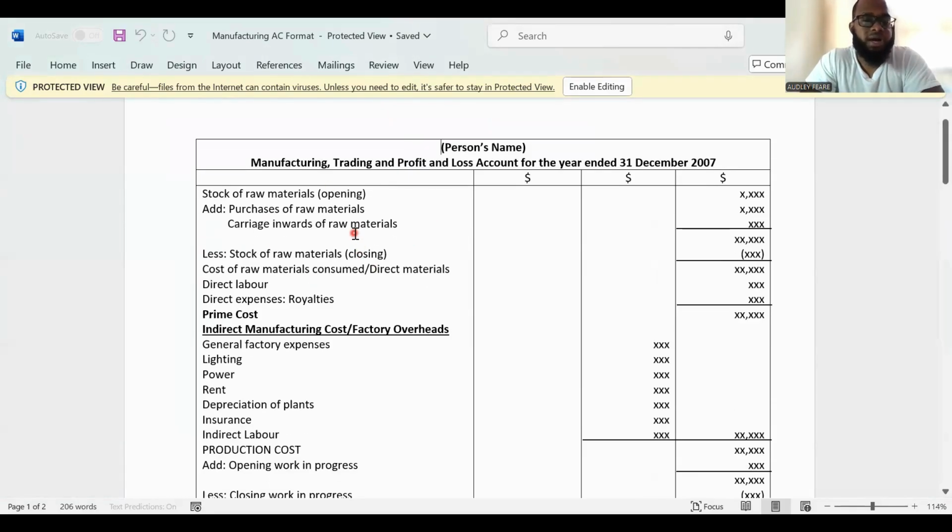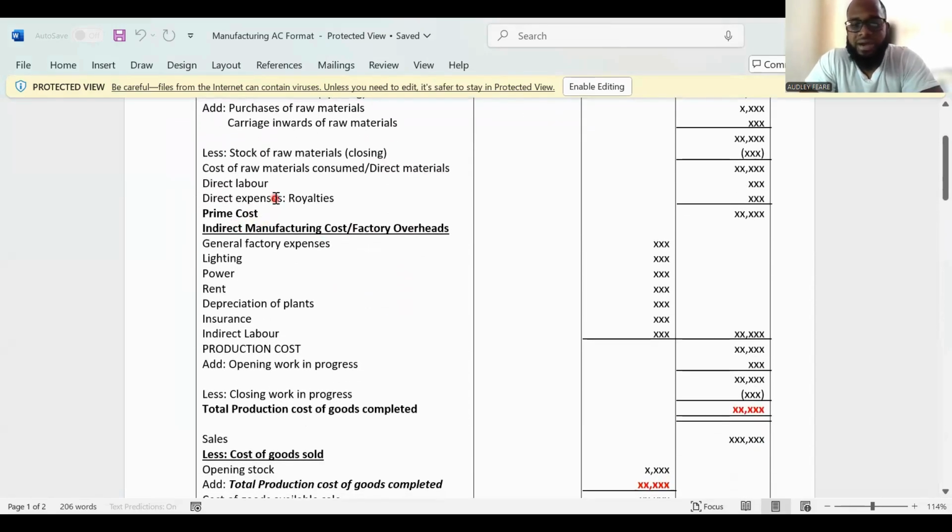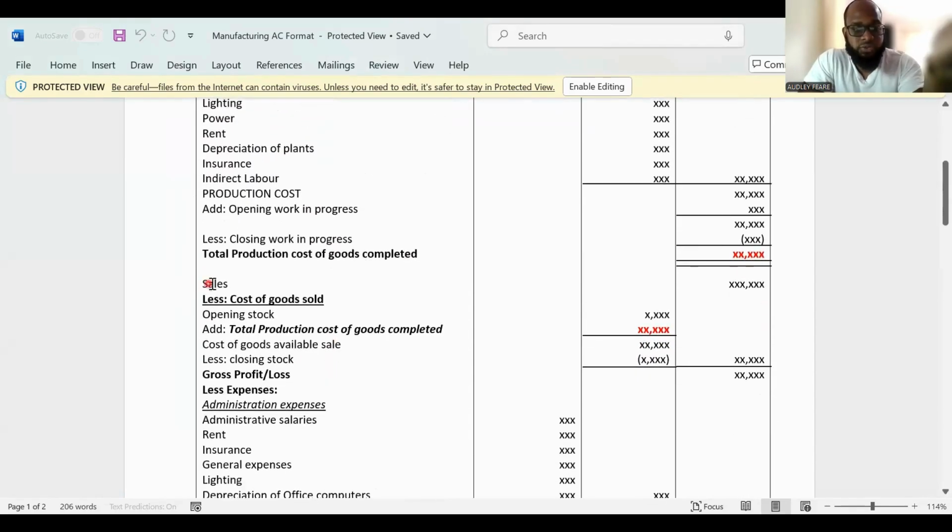So normally, first you'll have your stock of raw materials that you would account for. Then you go on to get your direct labor costs, your direct expenses, and you get your prime costs. And of course, you're going to put in your factory overheads, otherwise called your indirect manufacturing costs. Those would oftentimes be apportioned between the factory and the offices, and they would tell you in the question. Then you go right down until you start your TP&L